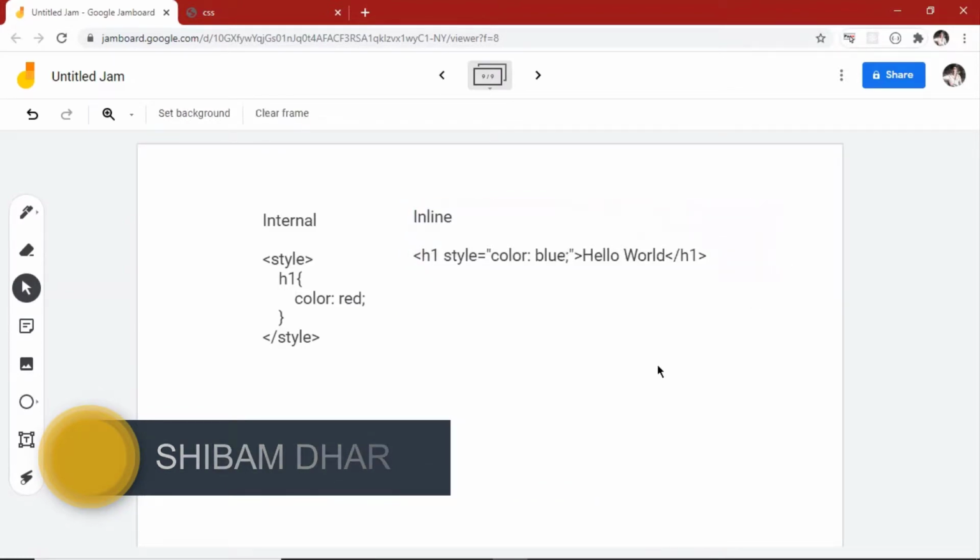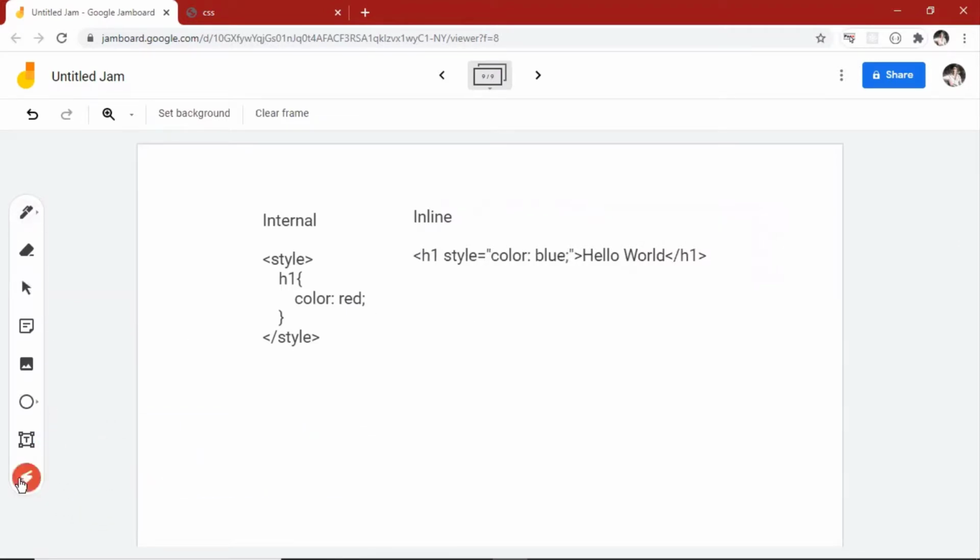As you can see, in internal, we create an element in which we give all the CSS properties. And in inline, we just mention the style in the tag itself, as properties for the cascading.